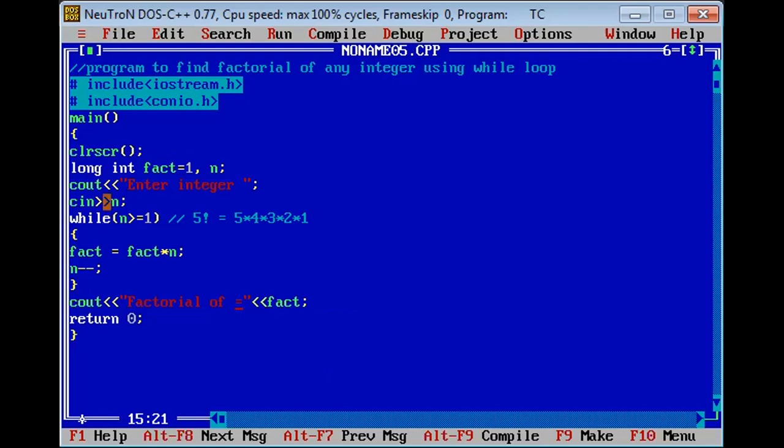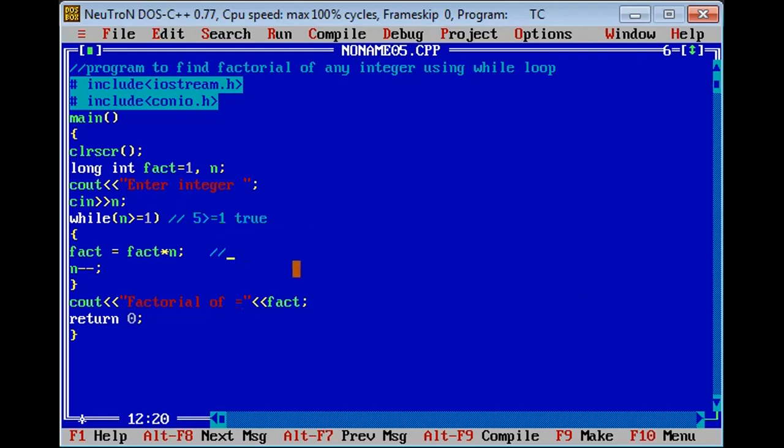Now, if you want to understand this program, consider the user has entered the value of 5. First, the condition will be checked. Is 5 greater than or equal to 1? The condition is true. So it will calculate the value.